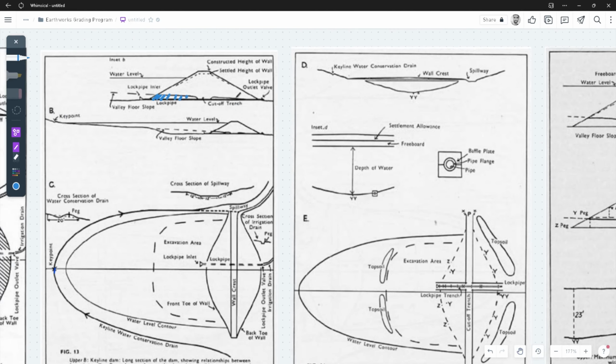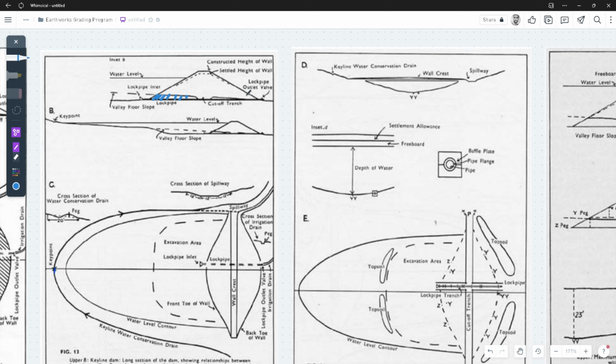So maybe we will try to also simulate that in our software to actually remove this topsoil layer. We don't actually know how deep the topsoil layer is on our example site, because it's just an example site, but we can estimate that it's around 30 centimeters